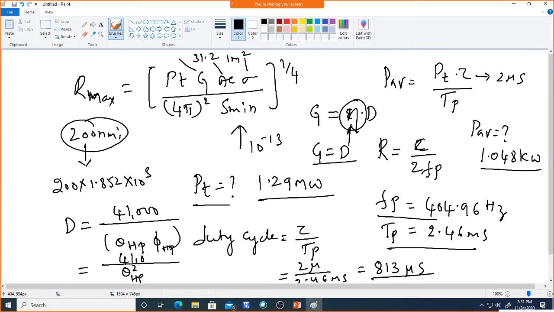So now you find out the directivity in terms of absolute value, which we have found from the gain. Whatever 7.3 something into 10 power 3 something it is coming, substitute here and you will get theta square hp. Then taking the square root of that, you will come to know the half power beam width in degrees. So substitute the absolute value of the directivity and you will find out theta hp.